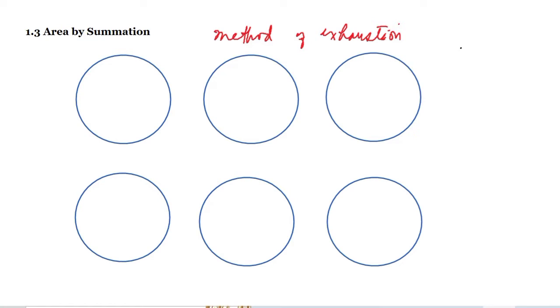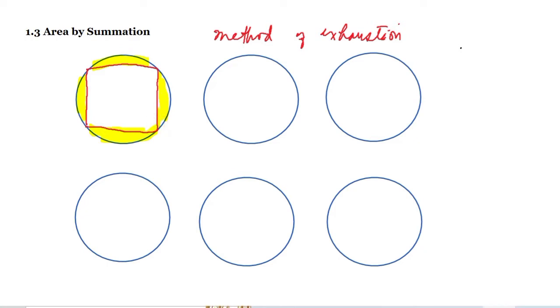nag-assume ng regular polygon inscribed in a circle. So, indefinitely. Kasi kung, let's say, you have this quadrilateral, no? Meron tayong square, no? Inscribed in a circle. Etong part na to, ito yung magiging error. Kasi, computing for the area of the square, ito yung mga yellow, ay hindi na to masasama dun sa area